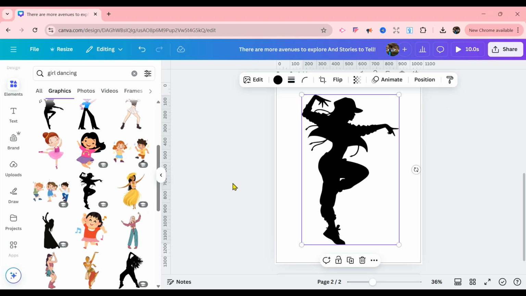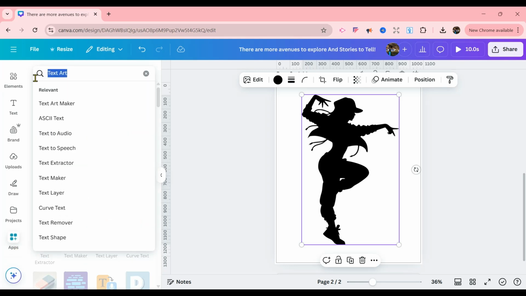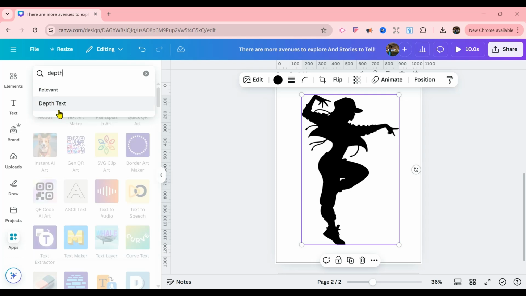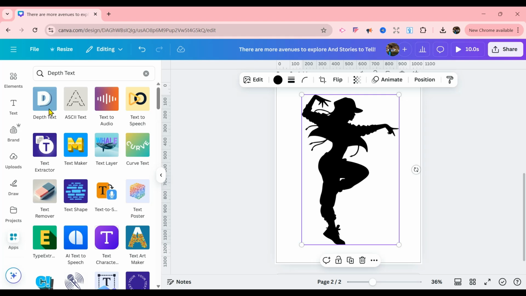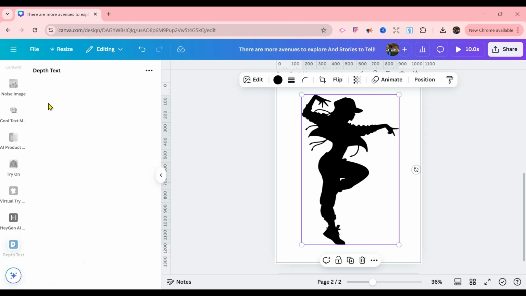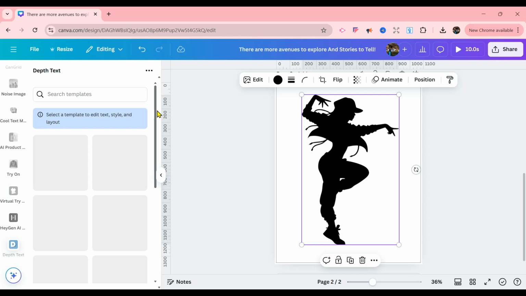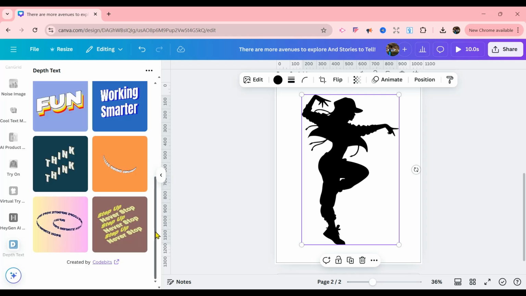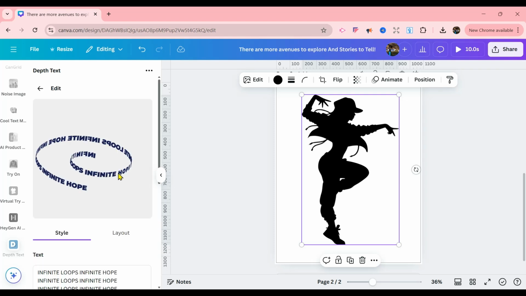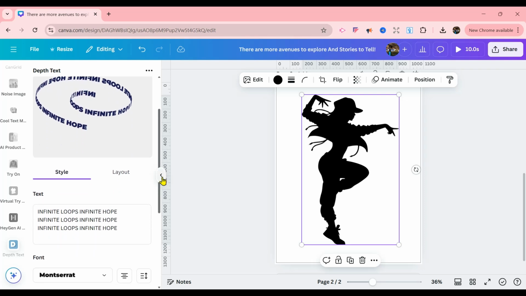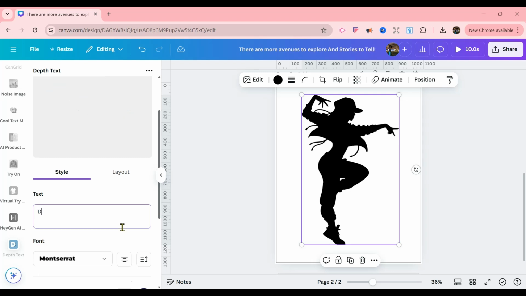And now go to apps and search for depth text and then click on it. You have different text effects here, you can see that, and we are going to try out this one. And you can change the text over here, you can change the style also. Let us check out this, and I'm going to write